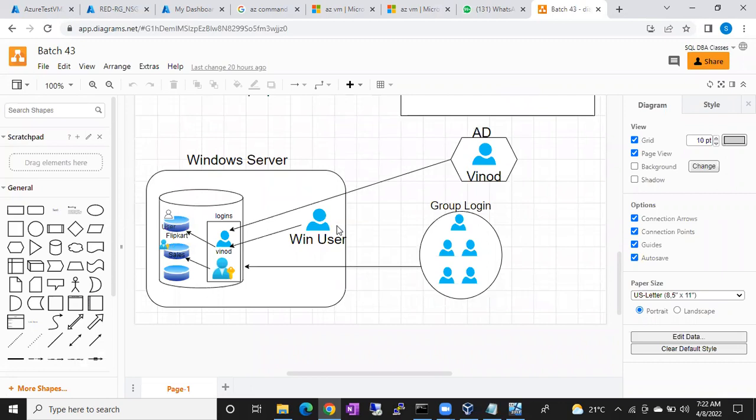Then go to users and groups and create one user.